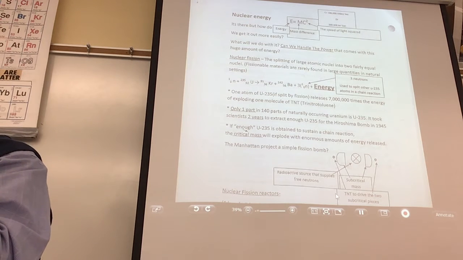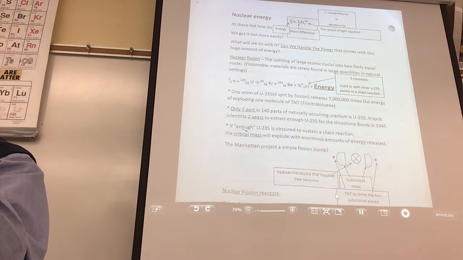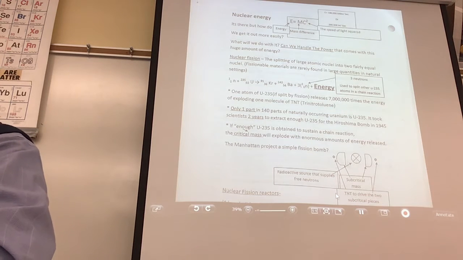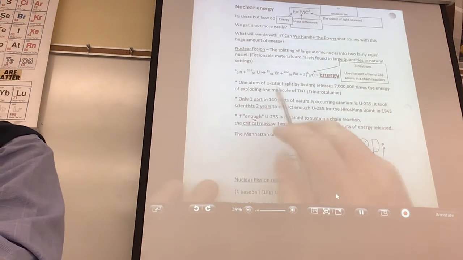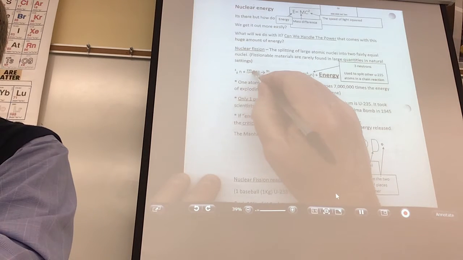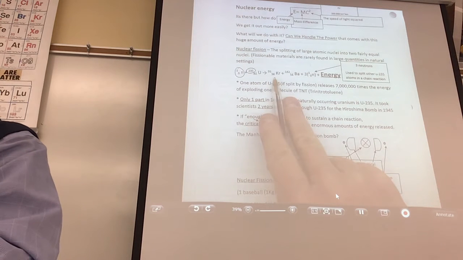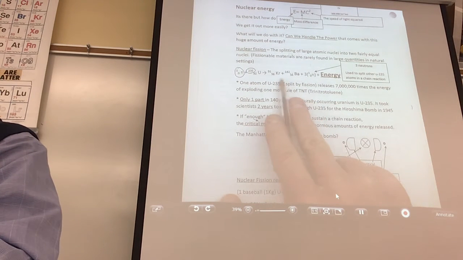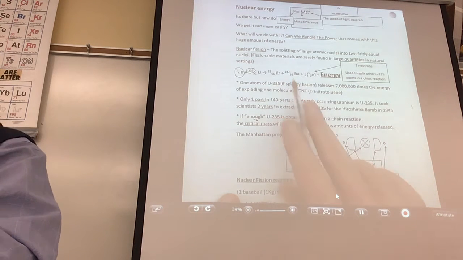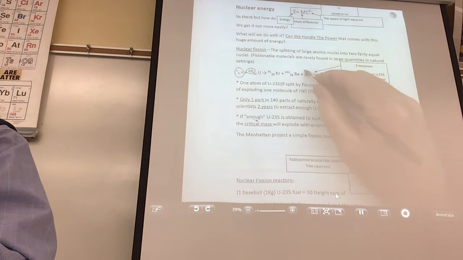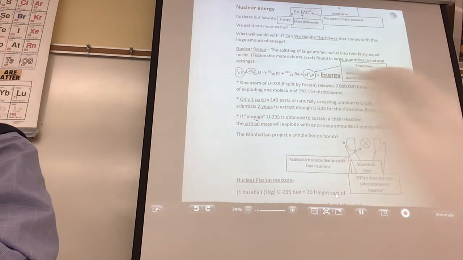And how do we get them to split? We fire neutrons at them. And neutrons can come from another radioactive source. So here's an equation. We start with uranium-235, and we bombard it with a neutron. It actually splits into something much smaller. These are not even close to the size of uranium. It's not absolutely exactly in half, but it is two lighter nuclei. And then it gives off 3 neutrons and a bunch of energy.